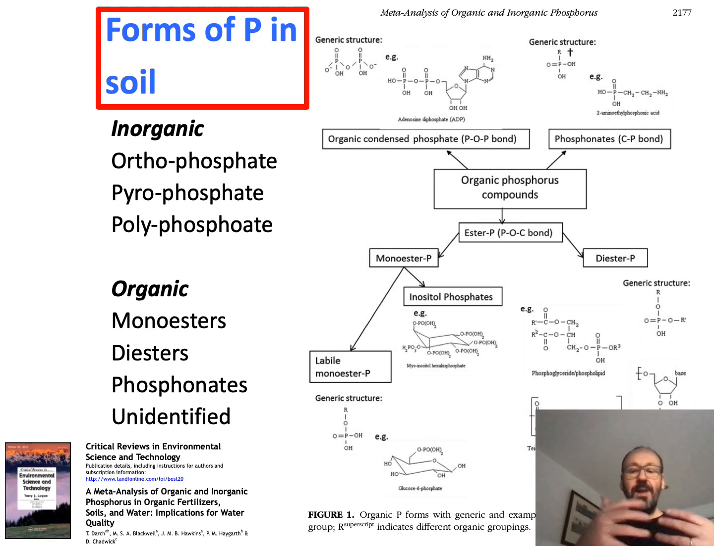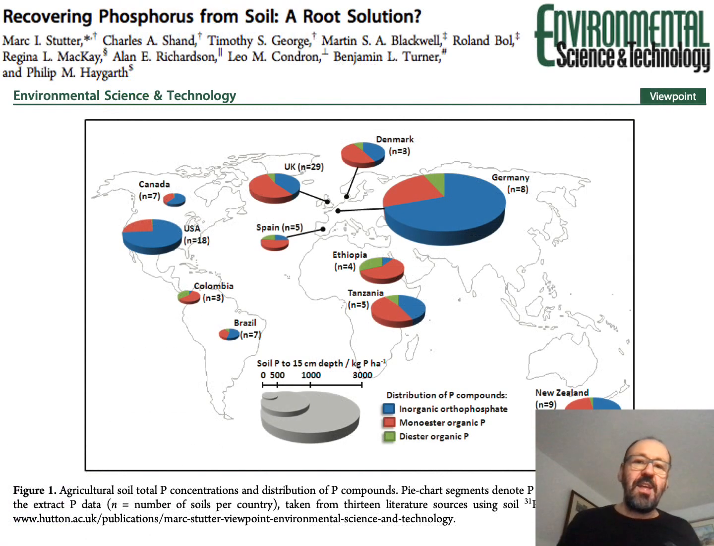tend to accumulate in soil after years of phosphorus application to agriculture. So what you find if you study ecosystems over the long term is that these organic forms start to accumulate and dominate, take over the soil. Next slide. This is a study that my colleague Mark Stutter led from the James Hutton Institute in Scotland, and showed that the